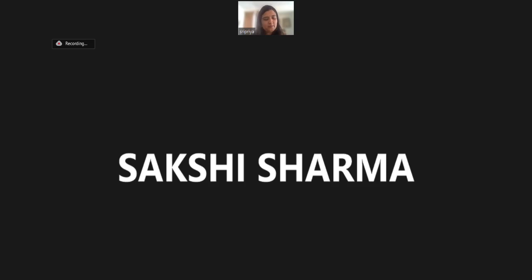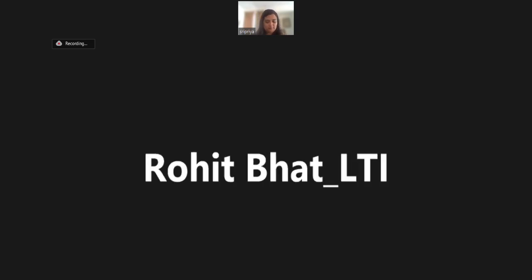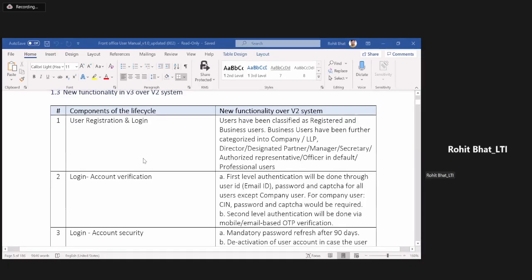So I just wanted to go back, Shripriya, to DSC and login and give a brief, because I have a manual in front of me, on what has changed from the login perspective. I think we have covered most of the discussion on this, but I just wanted to focus on a table and put more emphasis on what has changed from V2 to V3. So, can you see my screen? Is it okay? Yeah. Okay.